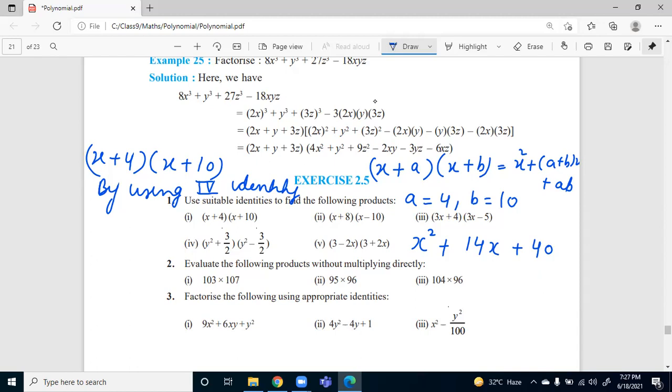So, ma'am, the second one is also the same identity. Correct. You are correct. In the second one also we need to use the fourth identity, but I need the answer either from Dhanvi or from Ayan. The second one will be the fourth identity only. Yeah, it is the fourth identity. You are correct. A will be 8 and B will be minus 10. It is correct, Dhanvi.